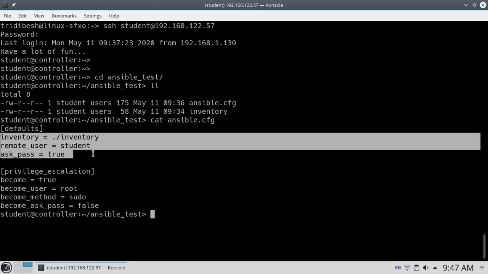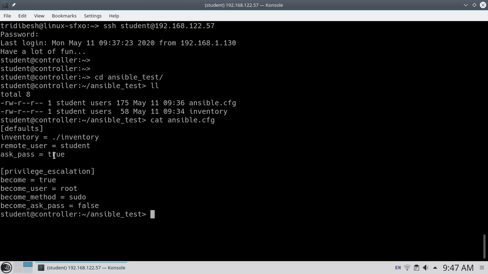Because I don't have keyless authentication I am using this option; else I can put false if I have key-based authentication. Then in the privilege escalation section, become is true, the target user will be root, and the method will be sudo. I have passwordless sudo permission given to the user student, so that's why I put false.